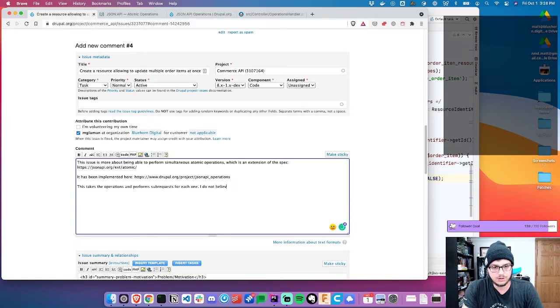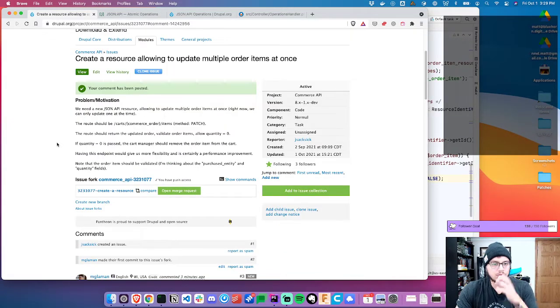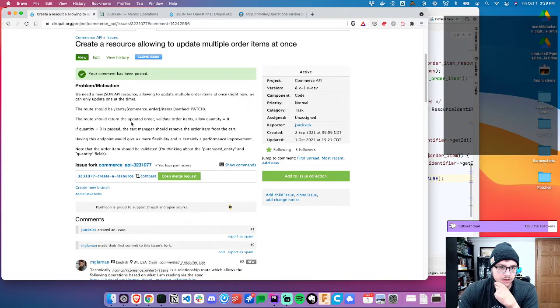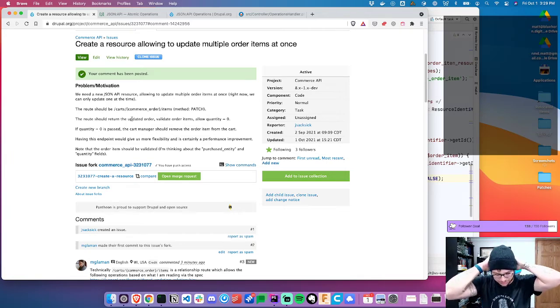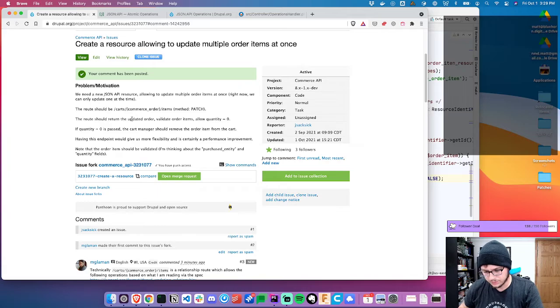I do not believe this satisfies the desired outcome because we're performing a handful of individual requests versus modifying the order items in a single main request. And the main concern is a performance improvement. So that way you can just bulk update all of the known order objects or order item objects. And this is the one problem with